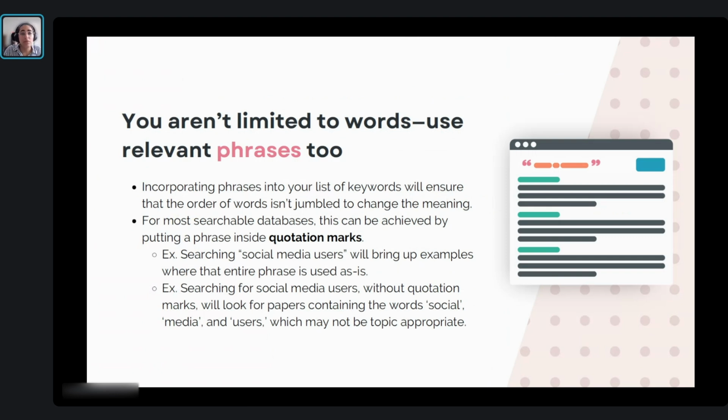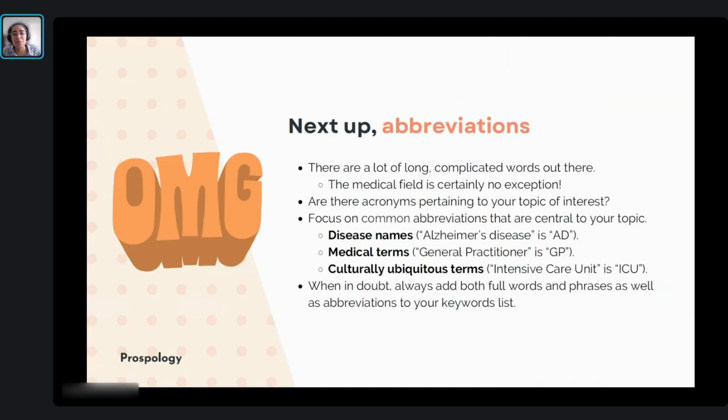The next is relevant phrases. So you don't just have to limit yourself to words. Sometimes you need to look at relevant phrases too. A lot of long, complicated words in the medical field include those words as well. So you might want to think about acronyms or abbreviations that are, again, relevant to your topic of interest, relevant to your target audience. Some of the most common types of things you can think about or consider are disease